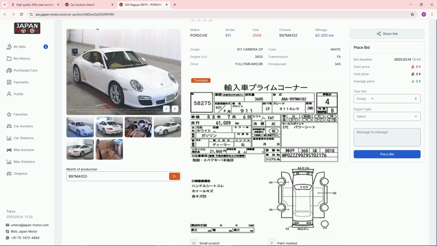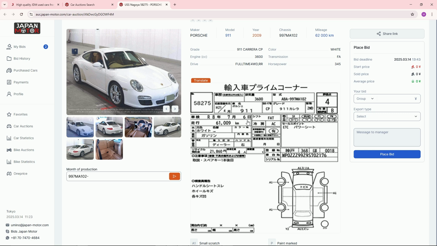We also have the auction sheet here, which is really important to pay attention to. Our sales managers translate this auction sheet from Japanese to English as per our standard procedure, so it's easier for our clients to understand what's written there.